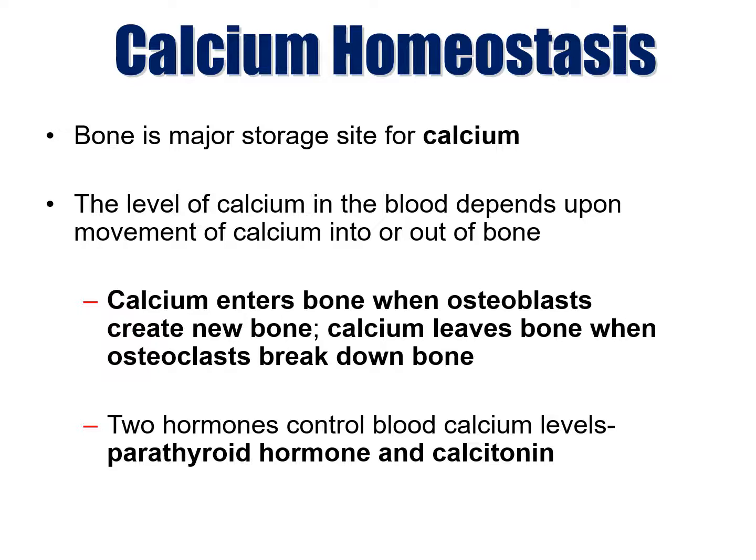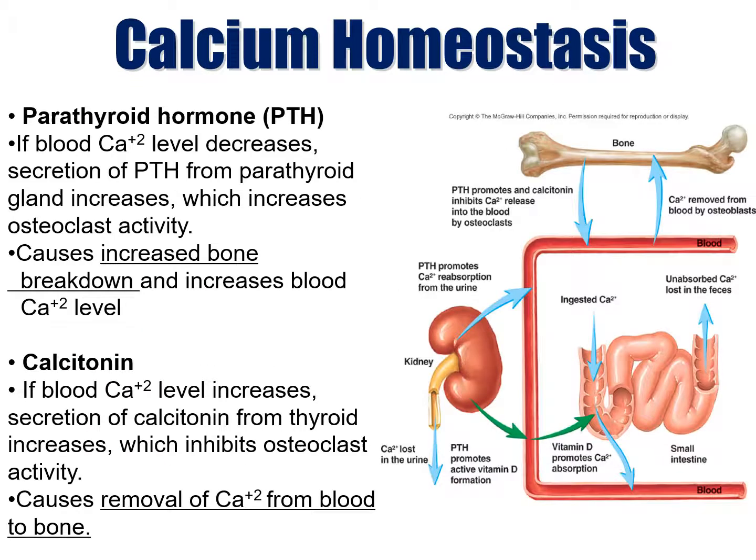And the opposite happens when the level of calcium is higher than required in the blood. Then the osteoblasts become very active. They make use of this extra calcium and they make new bone. So there are 2 hormones that control these 2 actions. These are known as the parathyroid hormone and the calcitonin hormone. The figure and the text on this slide show the hormonal regulation of calcium homeostasis.